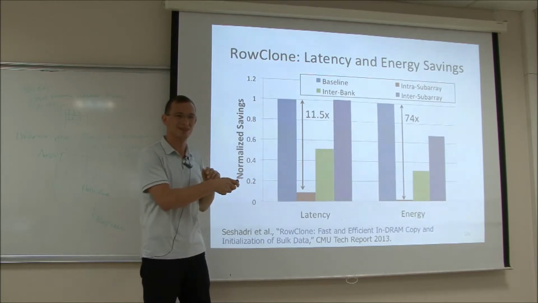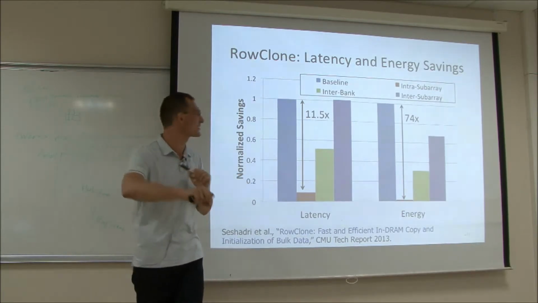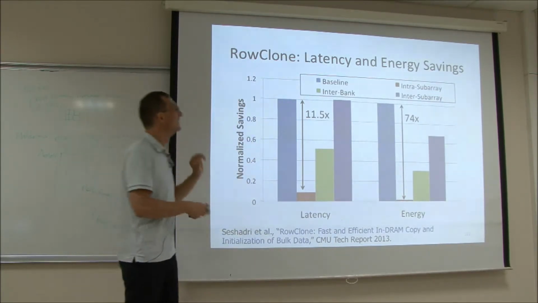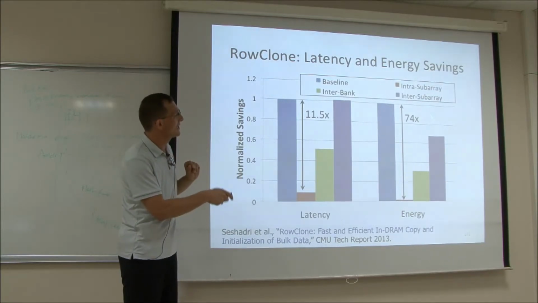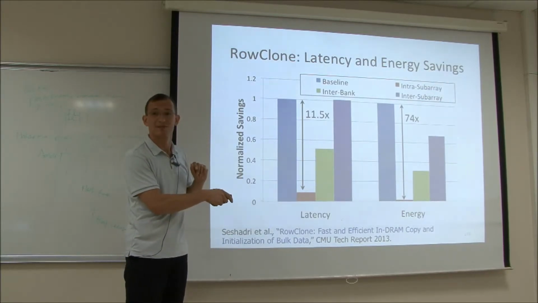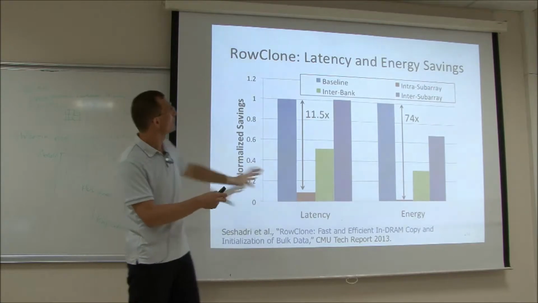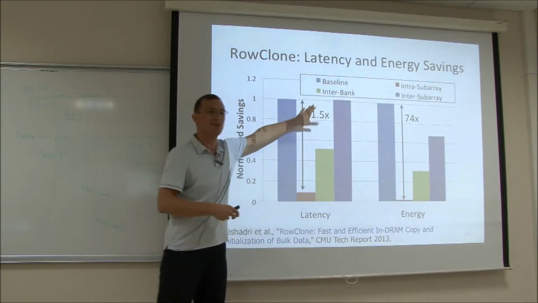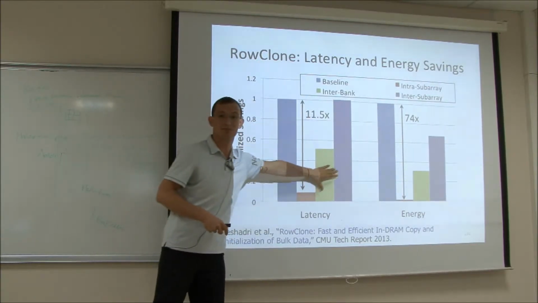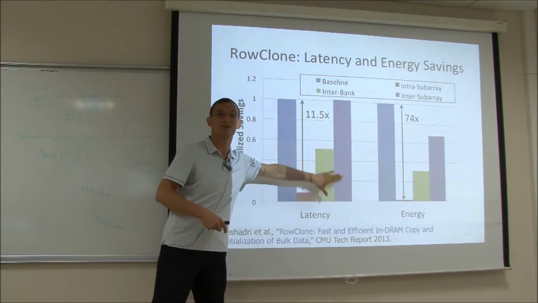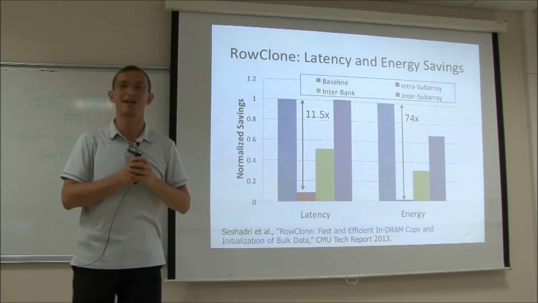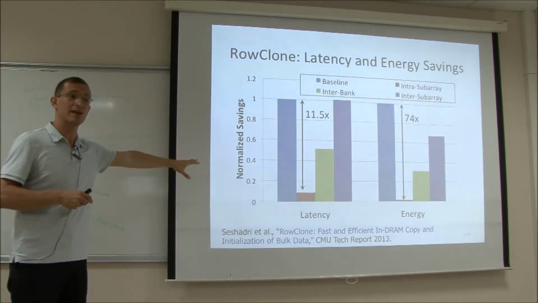You're better off going to the memory controller, it turns out. It's not that much. But the energy reduction is still significant. So where your pages are, source and destination pages are, determine the latency and energy benefits you would get with this support in DRAM. And the cost in terms of DRAM cost, if you look at the paper, I think